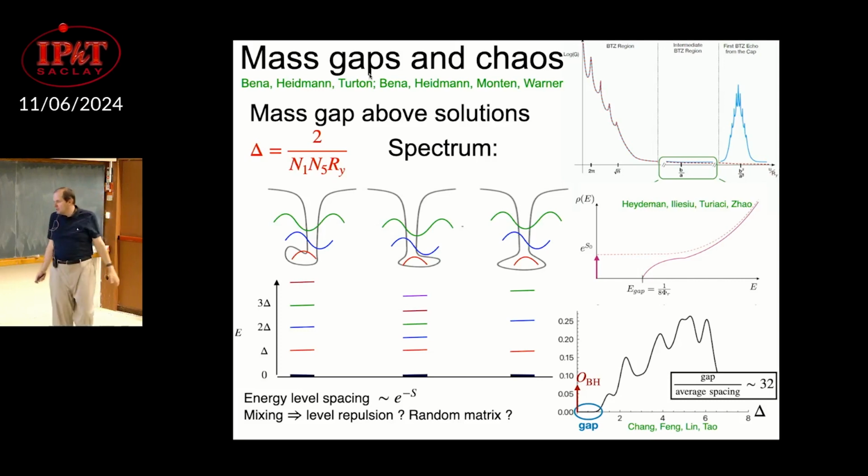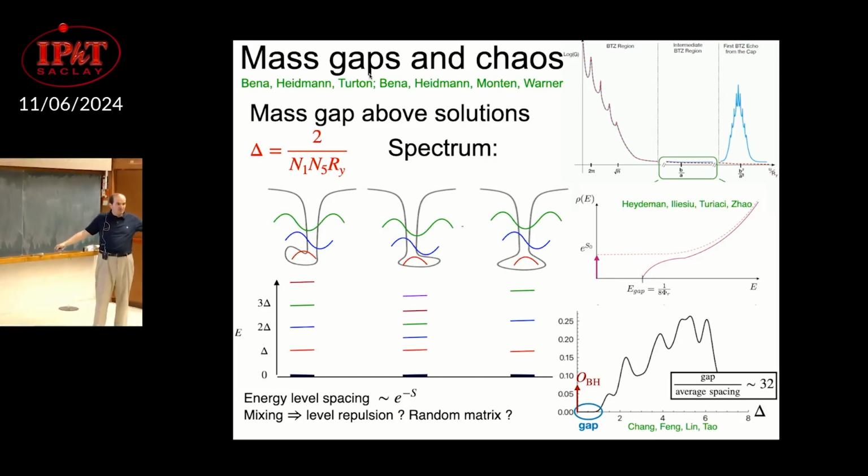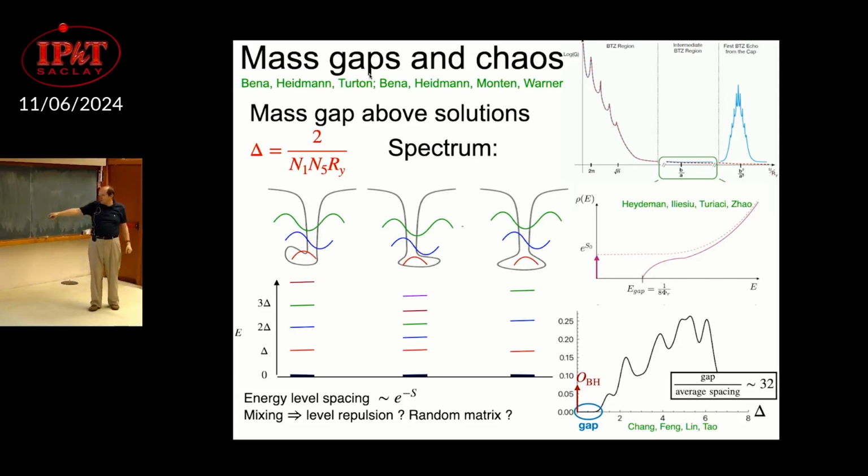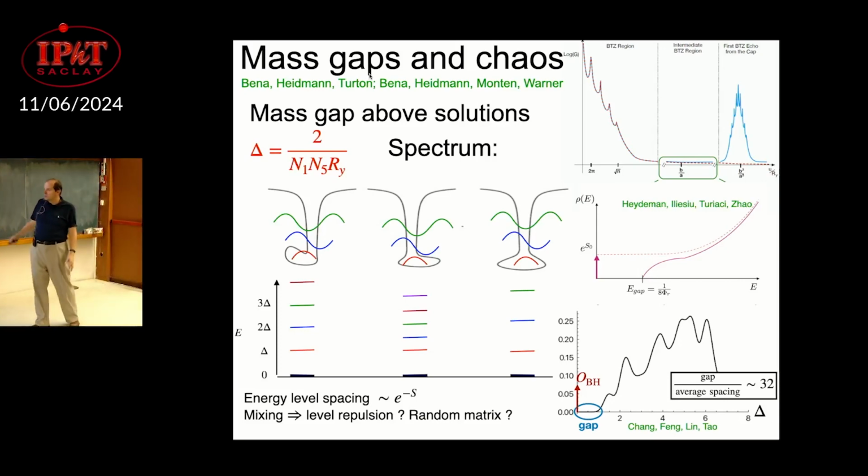And then I saw the talk by Chi-Ming Chang at Strings, and I saw these bumps. I guess it's the same story. It's done in a very different context, but in his calculation I saw these bumps, and I was like, wow. Again, zero entropy, and then at some point there's a gap, and then you start seeing some states, more states, bump. This is the kind of structure I expected very close to extremality. This is copied from his talk at Strings, so he'll probably discuss it in much more detail, but this is the kind of bump structure which I want.